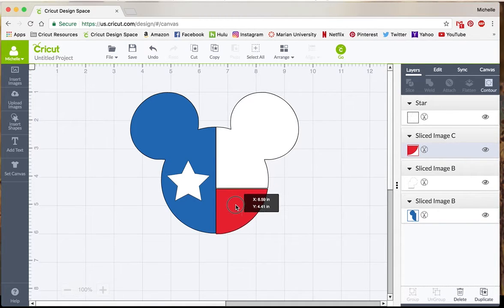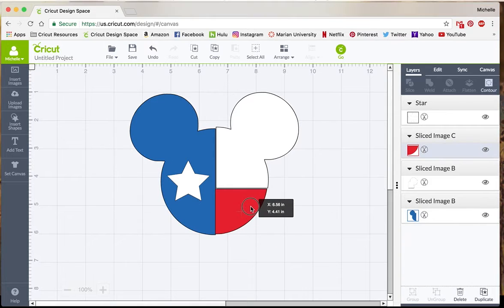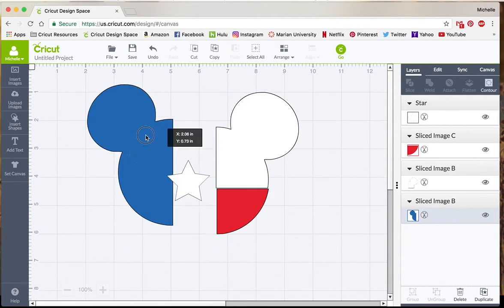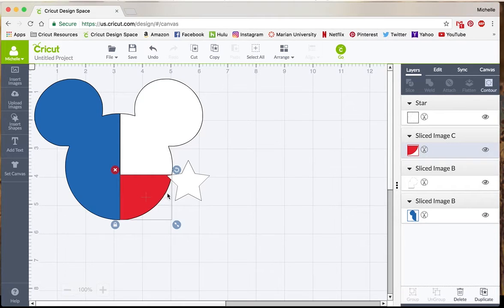So that may be a little bit tricky for you. One thing that may be a little bit easier is to have a solid white background, and then you would just put the blue layer and red on top of it, and then you would have a little star cut out of the blue so that the white was showing through. Hopefully that makes sense. So let me show you how to make that version, and then I guess you can just decide which one is going to be easier for you as far as making your